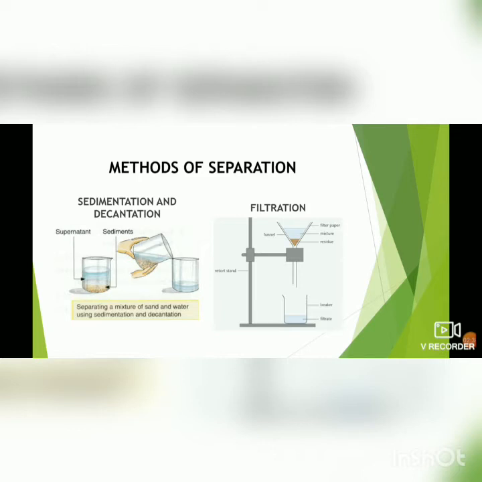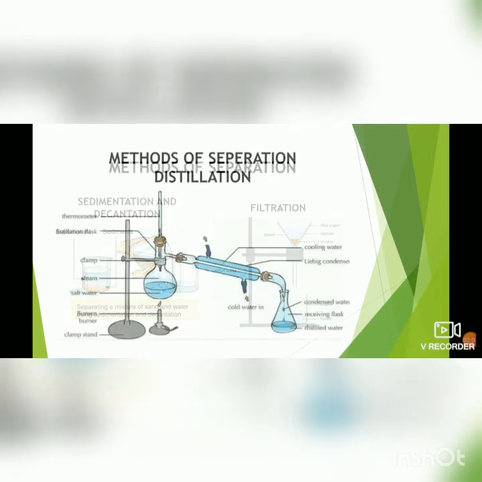So we have taken a glass funnel, folded the filter paper in a cone and poured the muddy water. What happens? The clear water passes through the filter paper and is collected in the beaker below. And the mud, or the residue or the sediment, is left behind on the filter paper. This process is called filtration. Your mother daily will filter the tea leaves using a tea filter to remove the tea leaves from the tea.